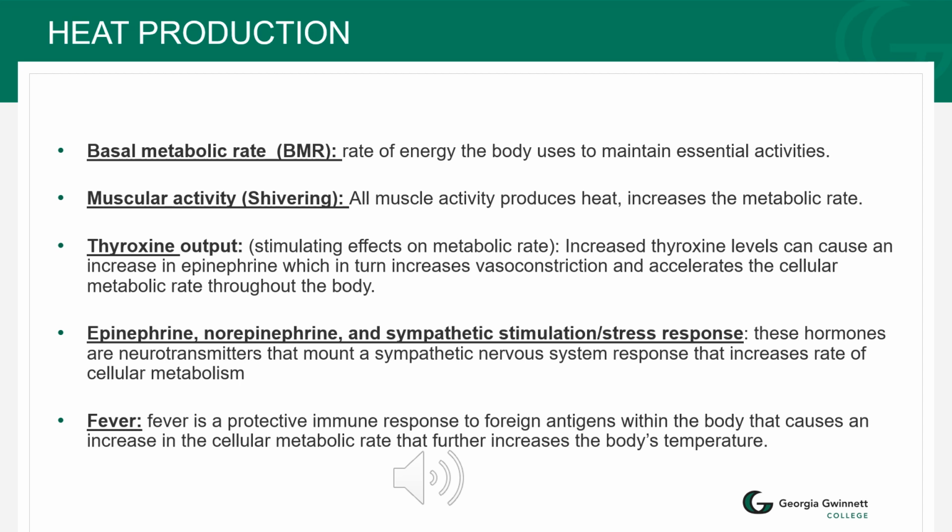So there are a number of factors that affect the body's heat production, and we're going to go over these 5. Again, you don't have to memorize them. I just want you to understand the balance of heat production with heat loss or heat transfer. Basal metabolic rate is the rate of energy that the body uses to maintain essential activities, such as breathing, and metabolic rate decreases with age. In general, the younger the individual, the higher the BMR. The older the individual, the lower the basal metabolic rate. The second